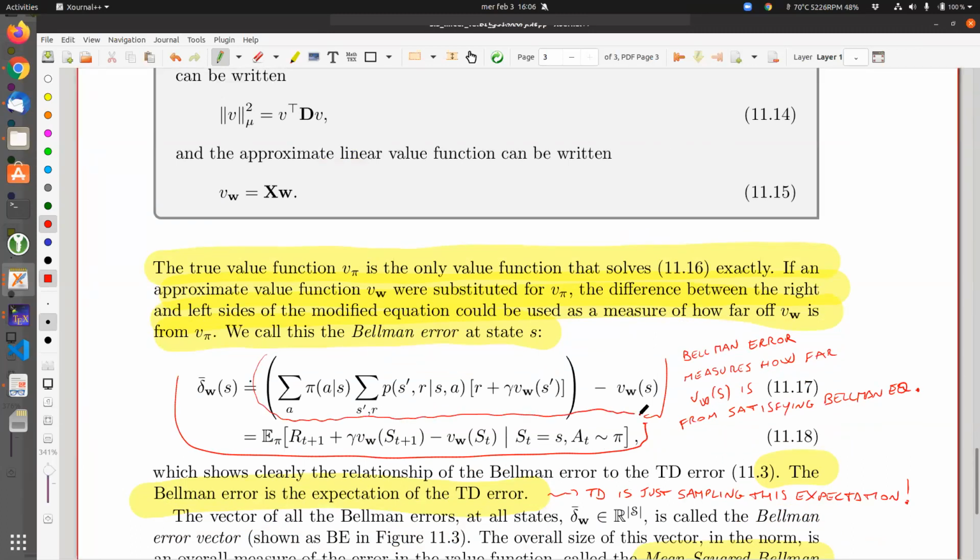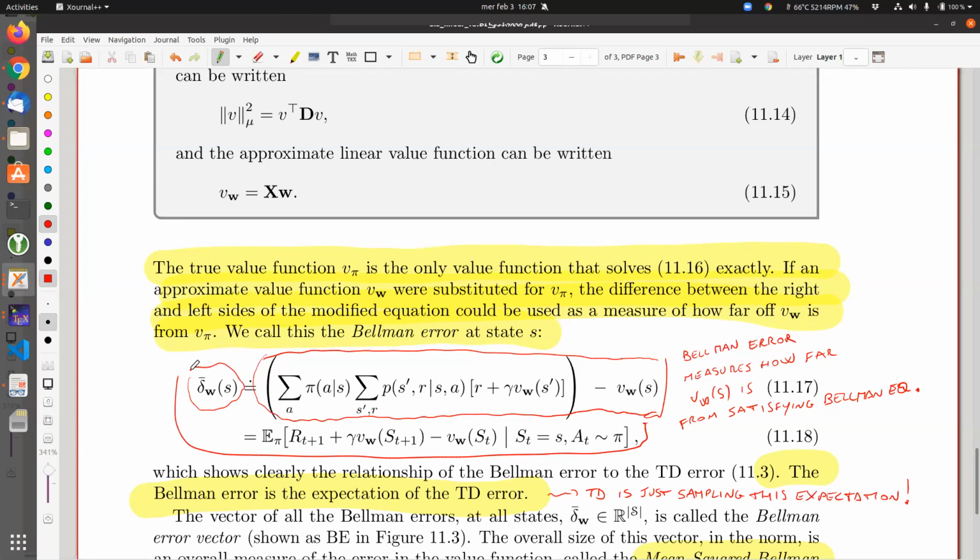So it makes sense to consider this quantity. You see, this quantity is something that we can call Bellman error. The Bellman error measures how far your approximation, you see, this is not the exact value function, but a value function given by the parameter W, is from satisfying the Bellman equation. So we can call this the Bellman error in the state S. Okay,